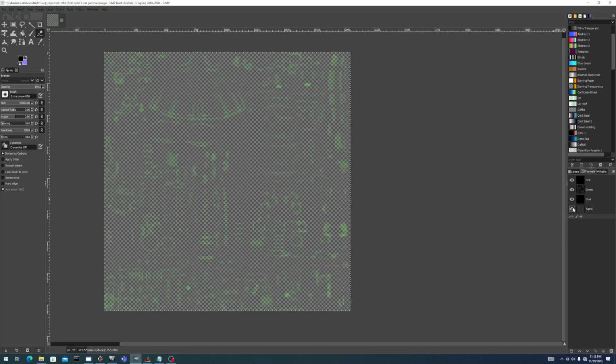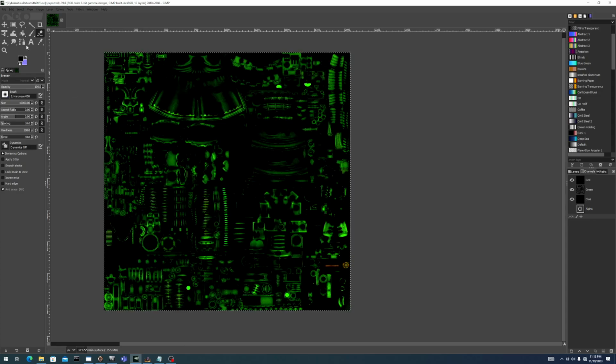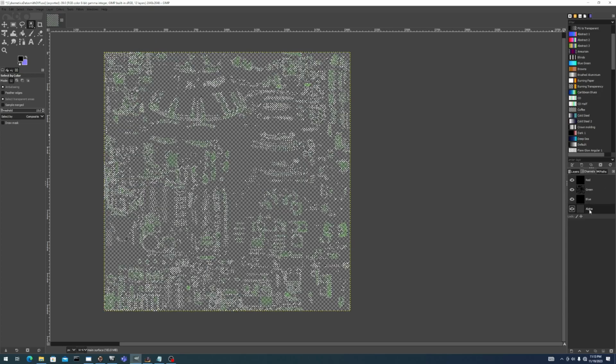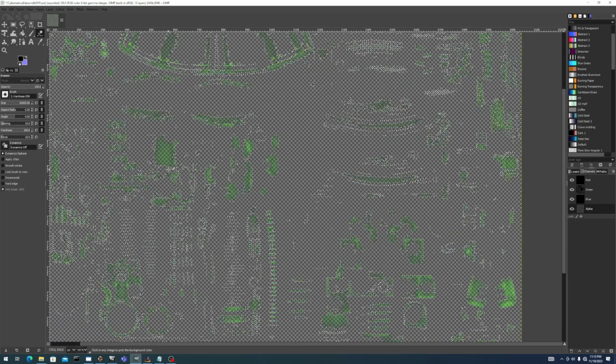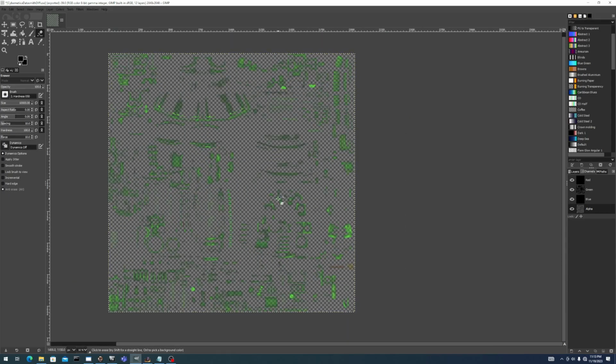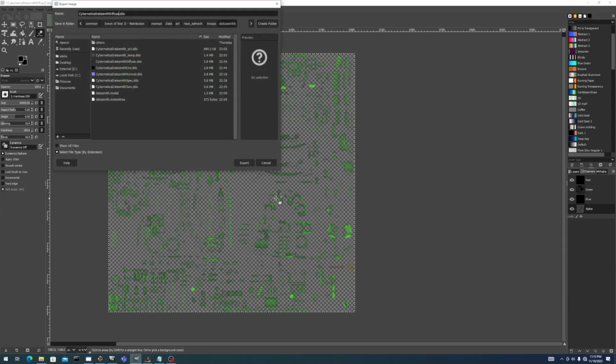And now I want to hide the alpha channel and deselect it for a second, and I want to select all of the black and invert the selection so that I have only the dirt part selected, and I can make the alpha reappear, and I can go back to the eraser and unerase those dirt parts so that they're a bit more apparent. Something like that. It's not perfect, but